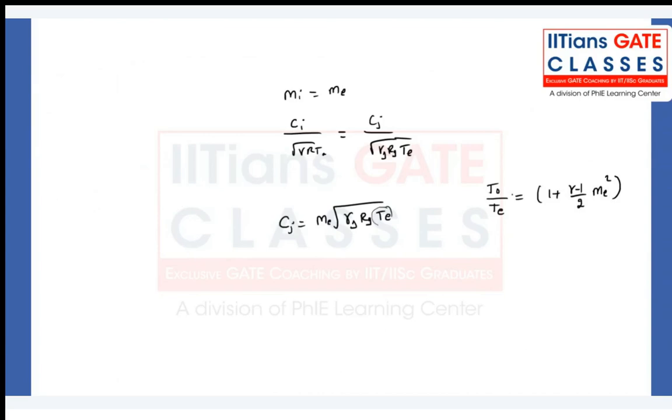So you can calculate Te is equal to T naught divided by 1 plus gamma minus 1 by 2 times Me square. So from here, you actually get T naught by Te to be equal to something around 4.2. So use T naught as 2310 Kelvin, get the Te value. So you substitute back over here. Gamma is given 1.4, R is given 287. So you should be able to get Cj as something around